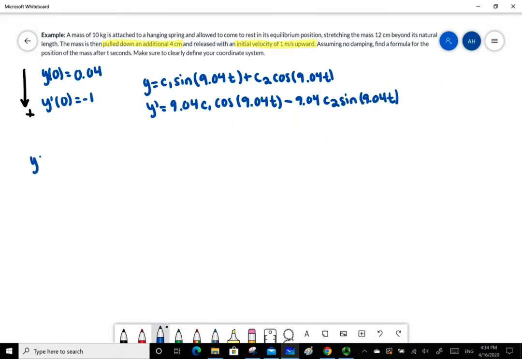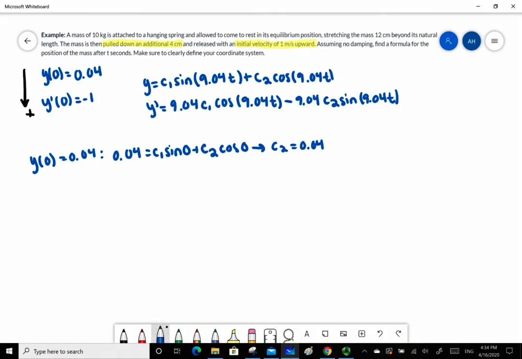Applying the first initial condition, y of 0 equals 0.04, is essentially the same as before. 0.04 equals c1 sine of 0 plus c2 cosine of 0, so c2 equals 0.04. In fact, if a system is free and undamped, the initial position will always be the coefficient on the cosine